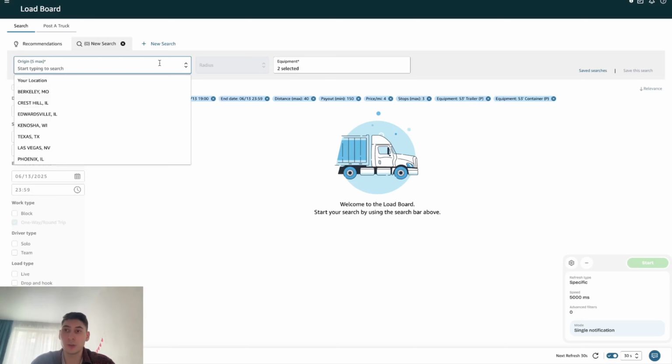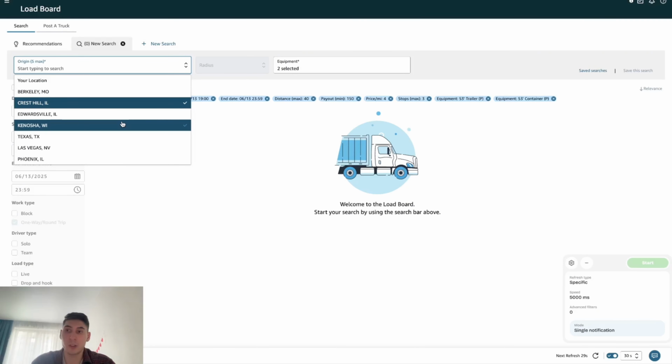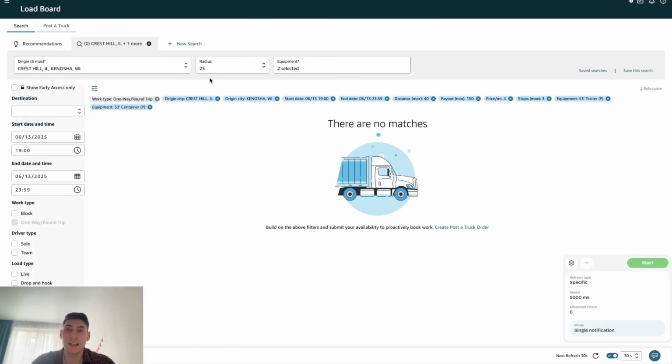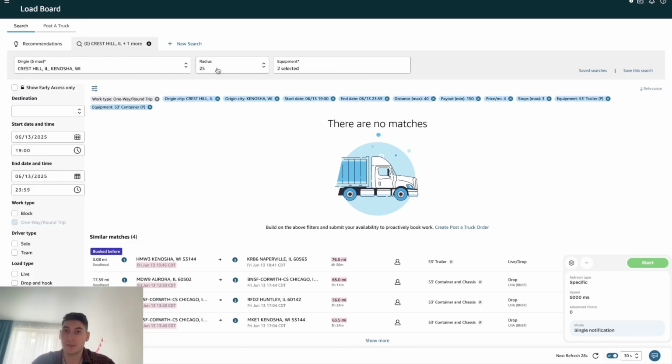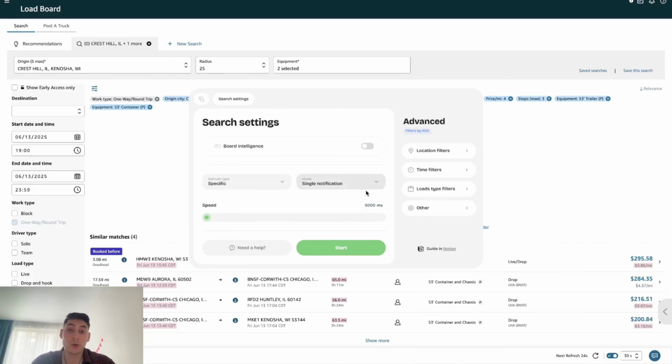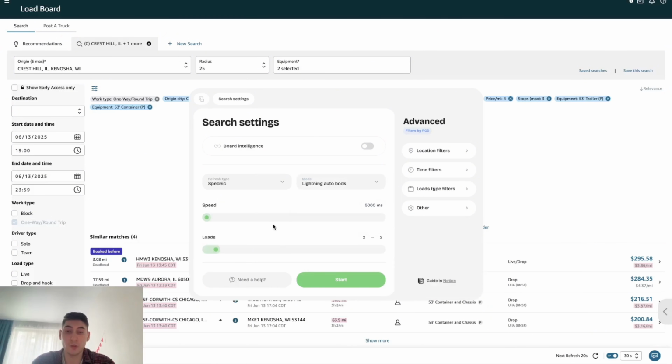So in order to do this, I'm gonna choose Crest Hill as my origin and Kenosha as the second origin. Both of them will have the same radius and the same filters. In order to activate the quantity of loads, I have to activate Lightning Autobook, and only with Lightning Autobook will you have the option of the quantity of loads that you want to book, and I'm gonna pick